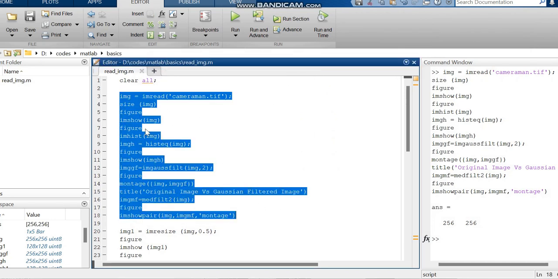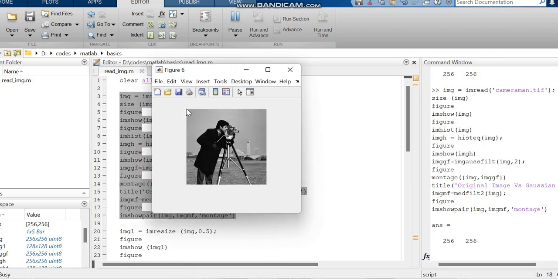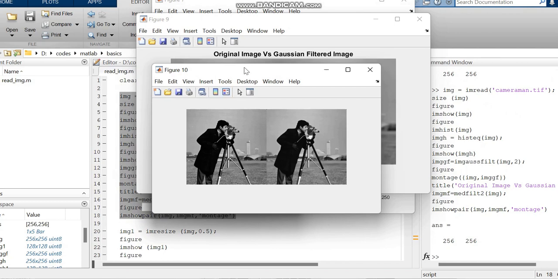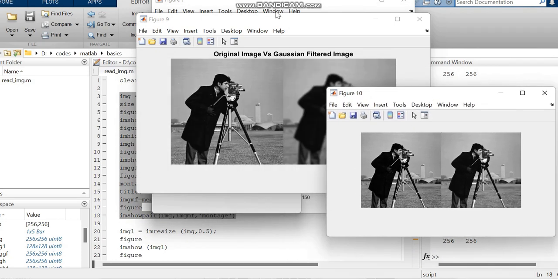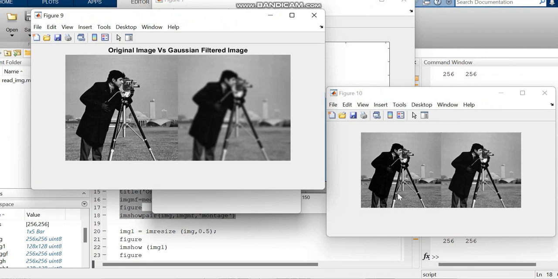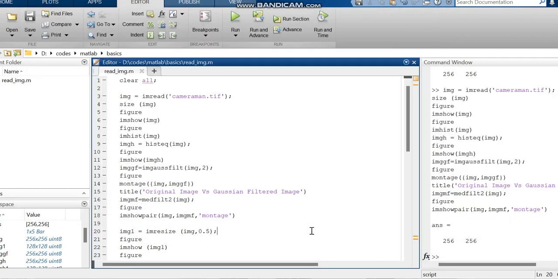You can see the difference between the median filter image and the Gaussian filter image. While looking at the median filter image, the image is enhanced compared to the Gaussian filter. As a comparison on this cameraman image, the Gaussian filter is not showing better results when compared to the median filter. You can see the difference: this is the Gaussian filter image and this is the median filter image. To show a title, you can make a title function like